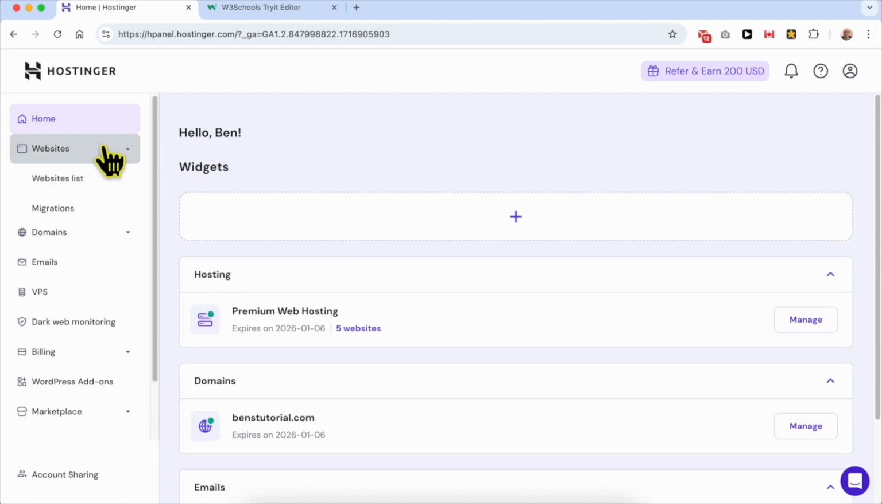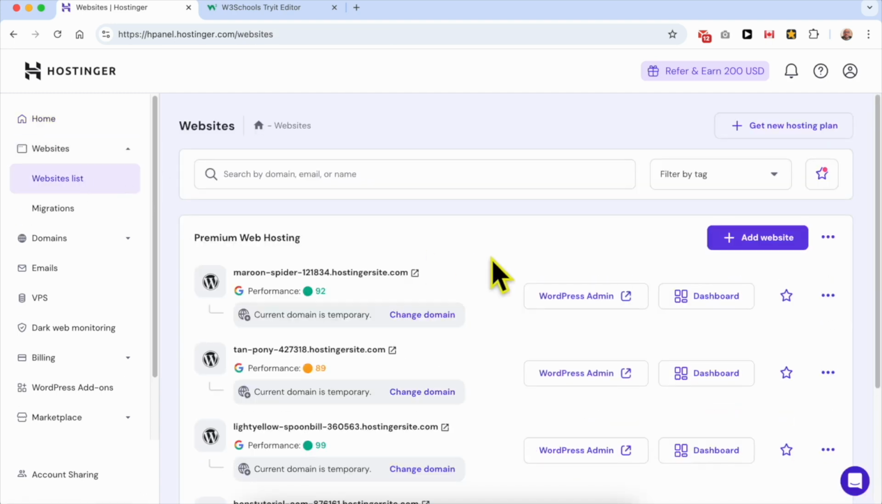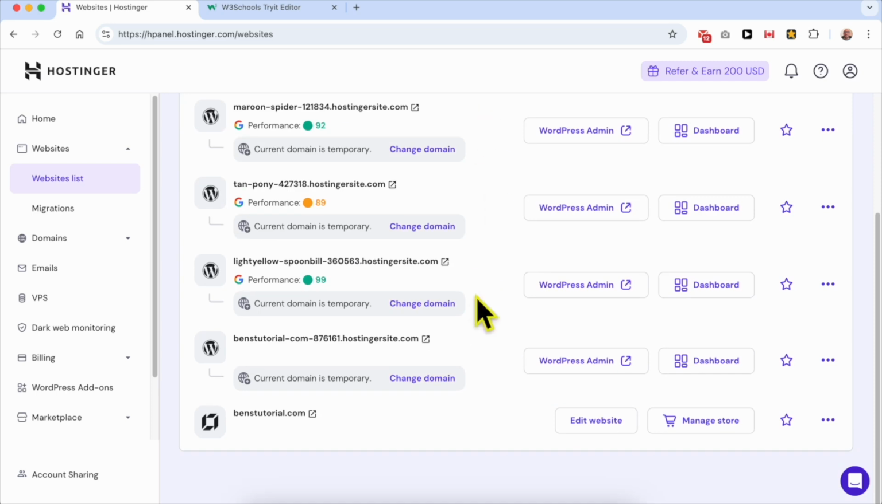Then go to websites and select websites list. This is the list of the websites I have on this account, and now click on this edit website button next to your website. If you're like me, you have multiple different websites and you're looking for an easy way